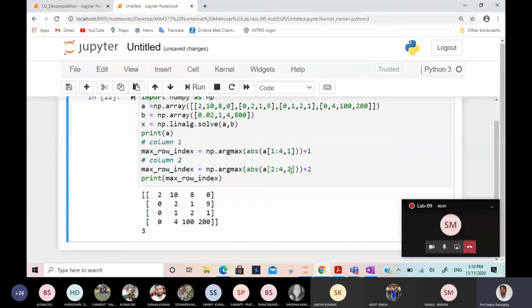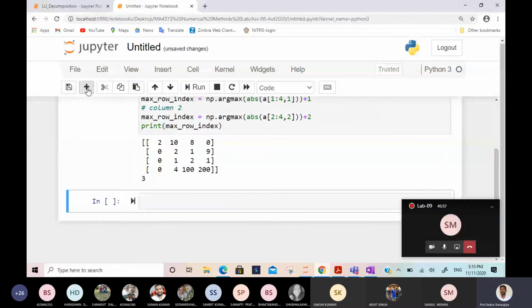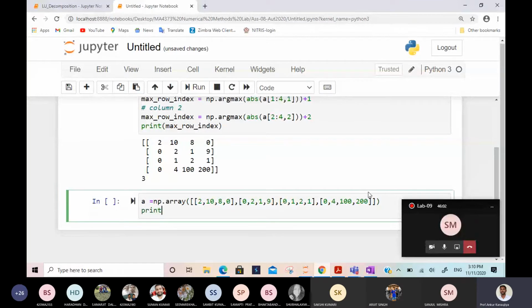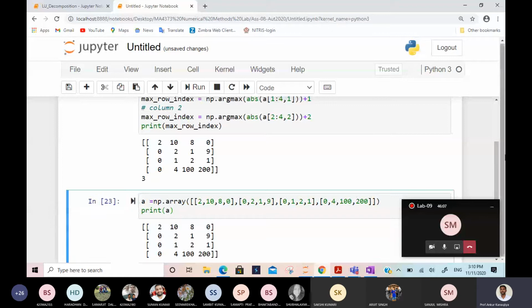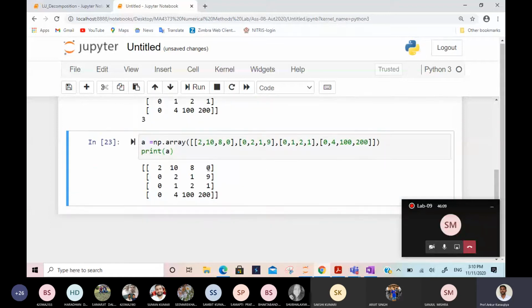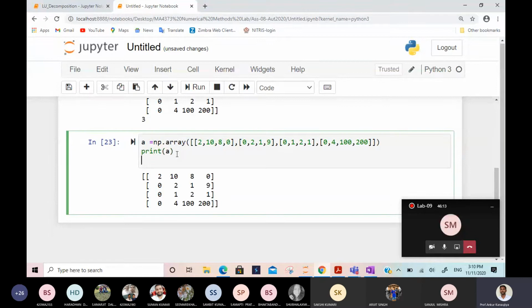So now I will tell how to interchange the row. Once you get the index, you will interchange the row immediately with that index. I will show this in this example. Once you know these 2 things, you are able to do it. I am printing A first, then I will interchange the row, and then print again to check whether the row was interchanged. Tell me which row you want to interchange in this matrix, and I will show you how.